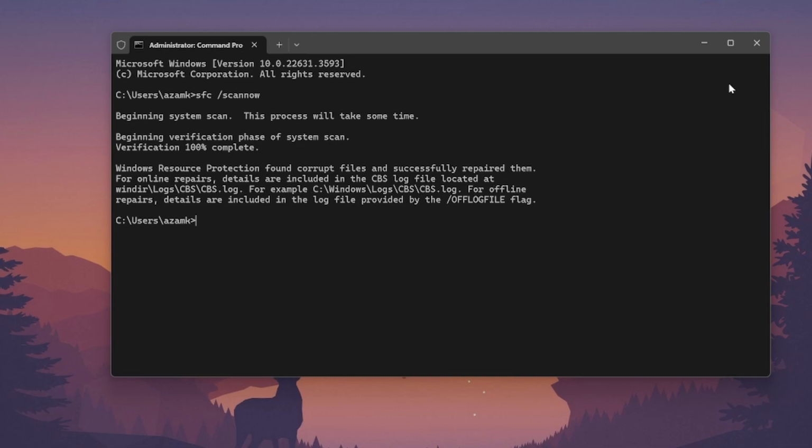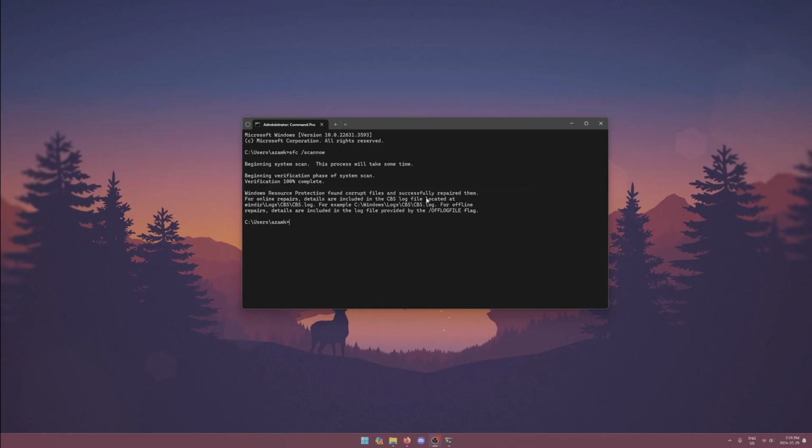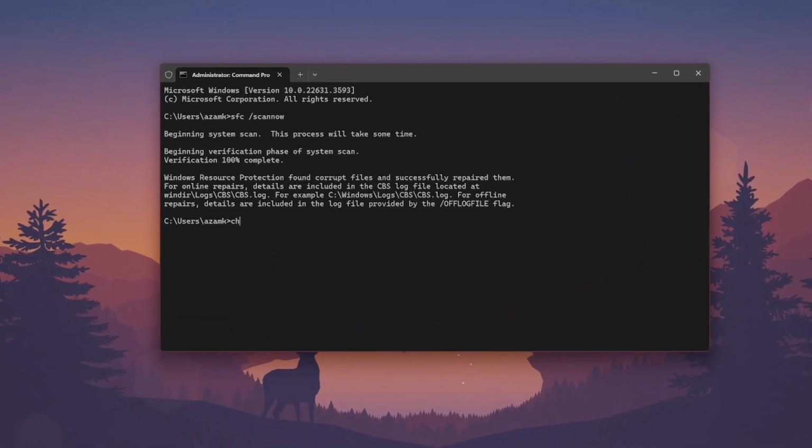So what you're going to want to do is not close out of this just yet because it is involved in the next method. And so what we're going to want to do is type in chkdsk, which is check disk. And if we just ran it like this, it would look for problems. However, it wouldn't try to resolve them. So what we want to do is hit /R, and that will try to find problems and also resolve them